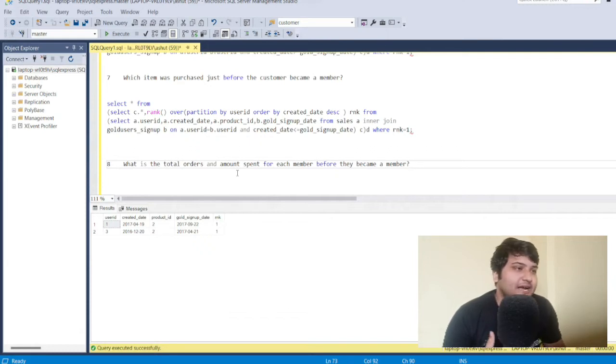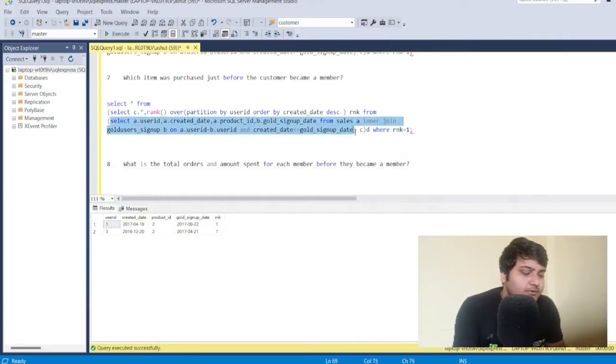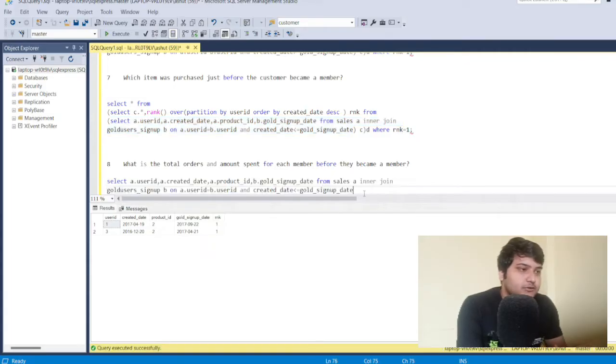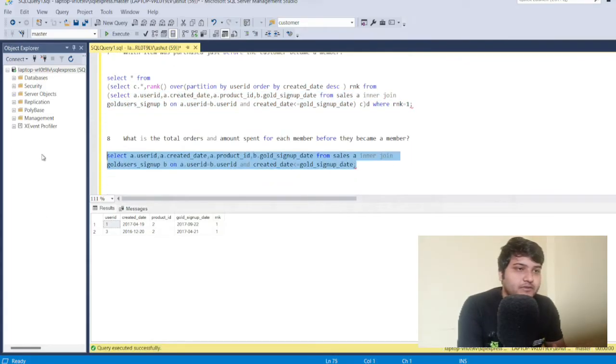The code will be very similar to the previous problem, because we want to get the information for each member before they become a gold member, and we have done that in the previous problem. So I'll just copy paste the same code. Let us execute the code here. This particular code